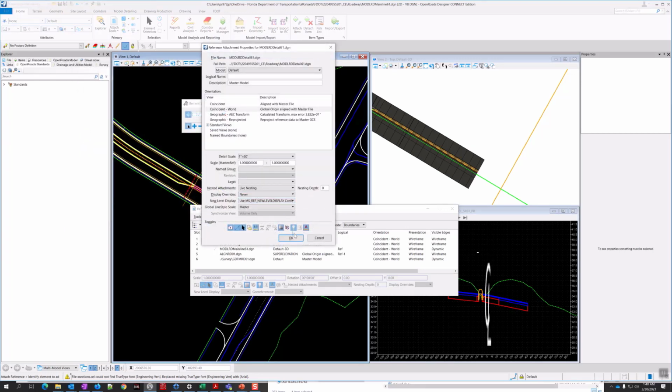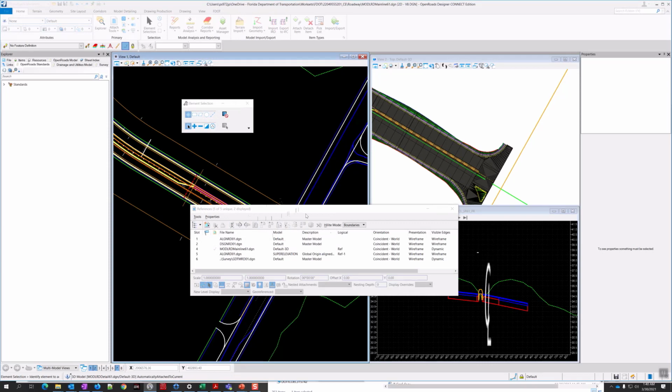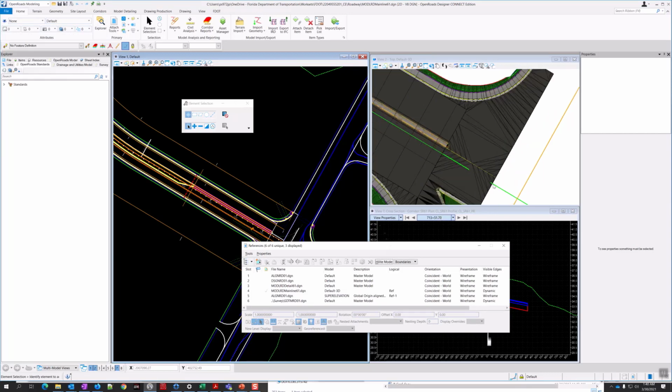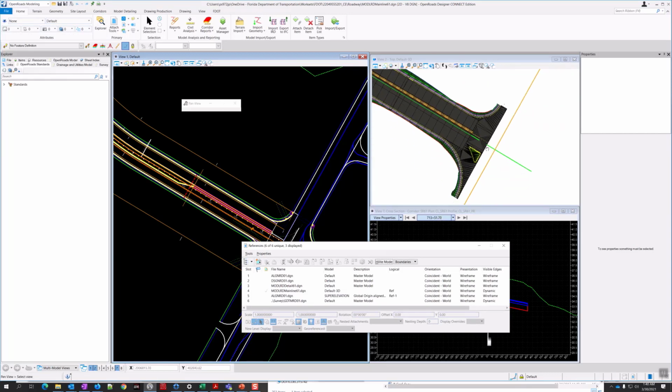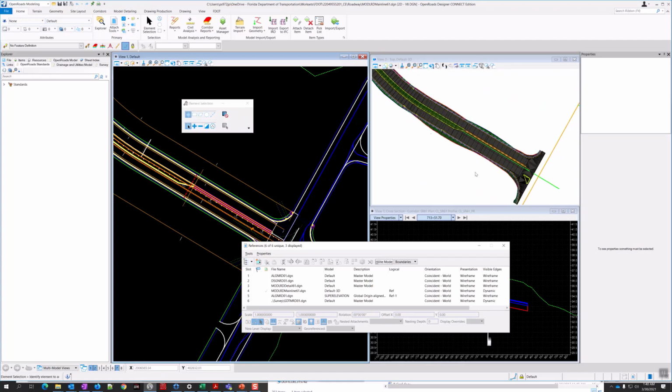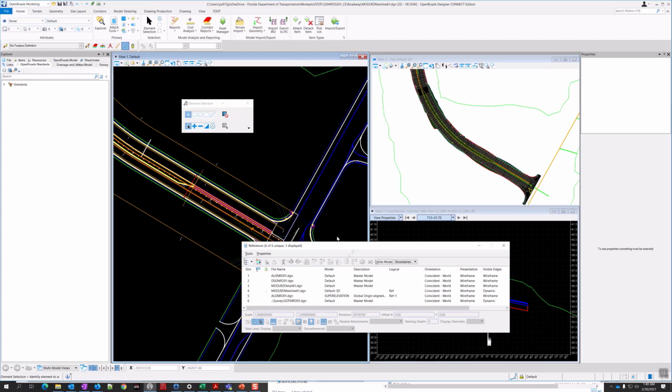Click open. I'm just attaching the default model. Make sure you don't have your live nesting depth more than 0, because you don't want to pull in the US98. So you should see this, and only this. Just got the in conditions and got the intersection. So that's good. That's ready to go.